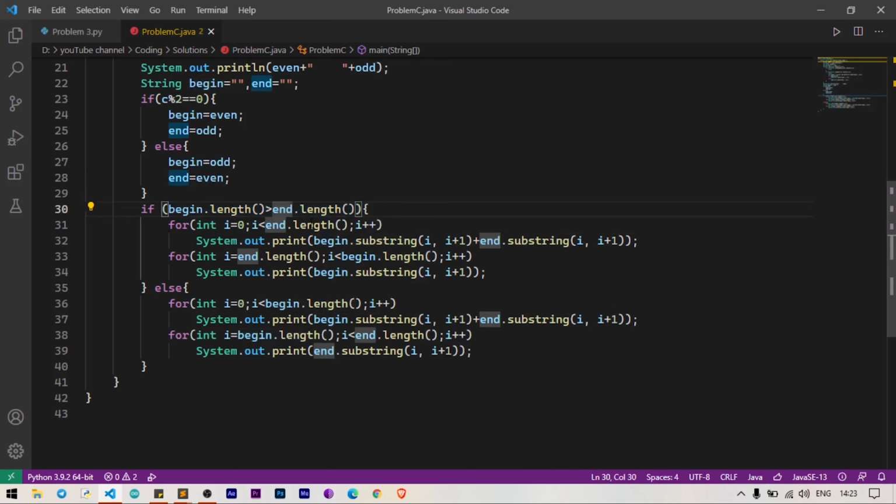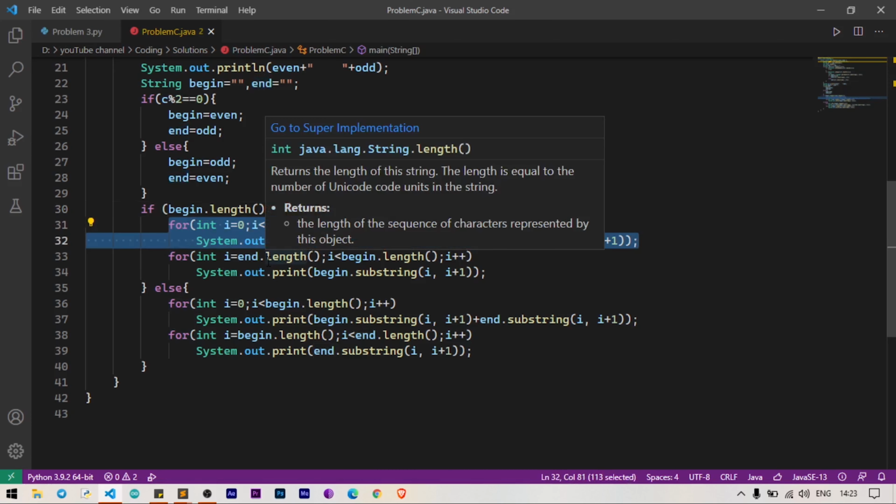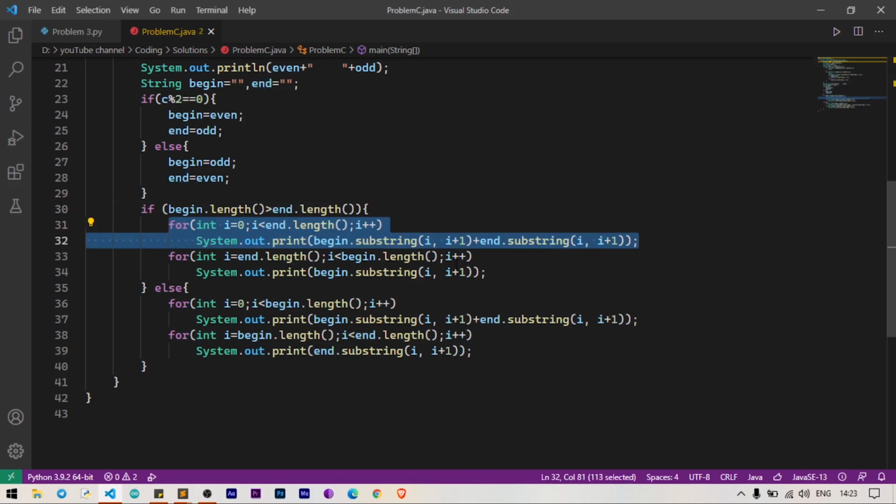Based on that, we are going to use the respective blocks of code. Here, the first for loop will print all the combinations of even, odd numbers, and whatever elements remain in begin will be concatenated to the output and printed. If the end string is greater than begin, then we are going to print odd, even combos, and whatever elements remain in the odd numbers are concatenated to the output.